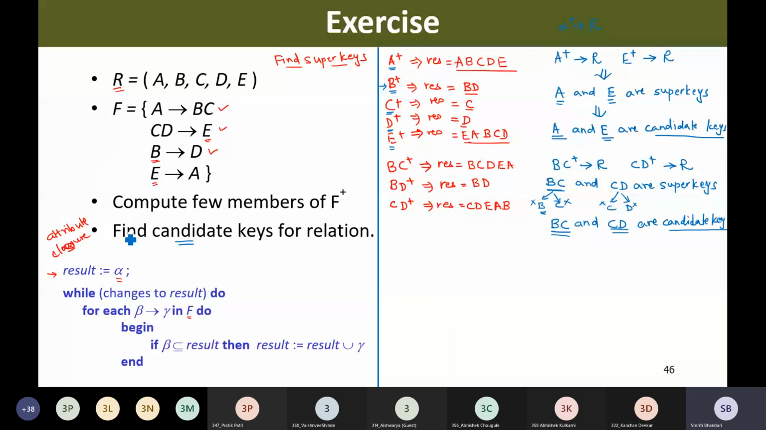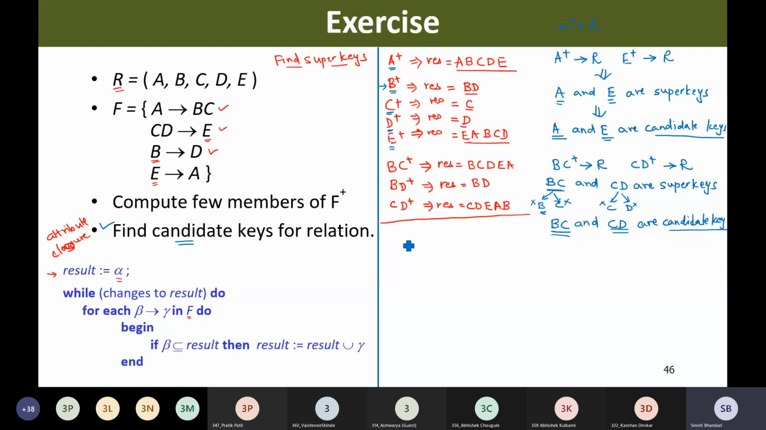Now we are done with this. So compute a few members of F plus. Now, as I stated, we are not going to make use of the earlier algorithm to compute F plus. Rather, we are going to make use of this attribute closure. So, how to make use of the attribute closure now? We have computed attribute closure. So, in our procedure, what we mentioned earlier, to find out the members of F plus,